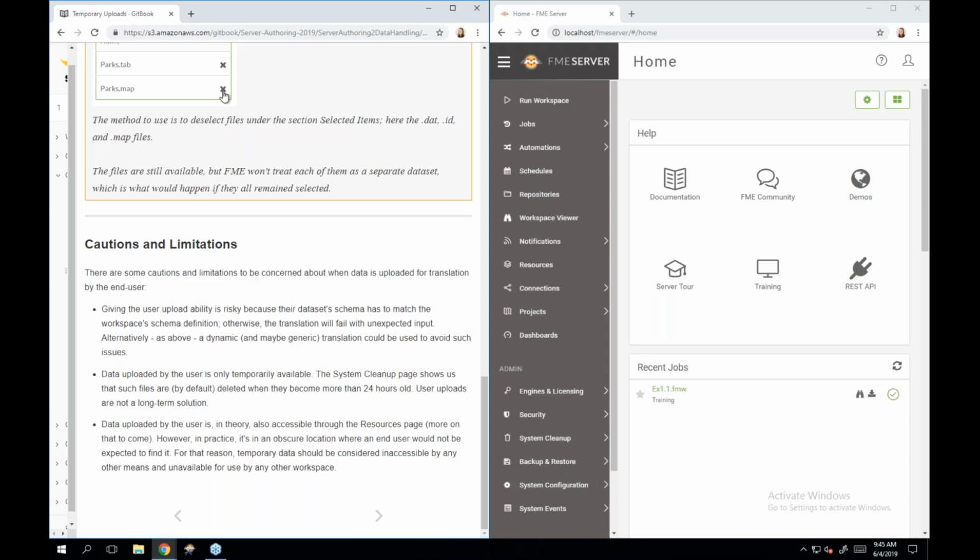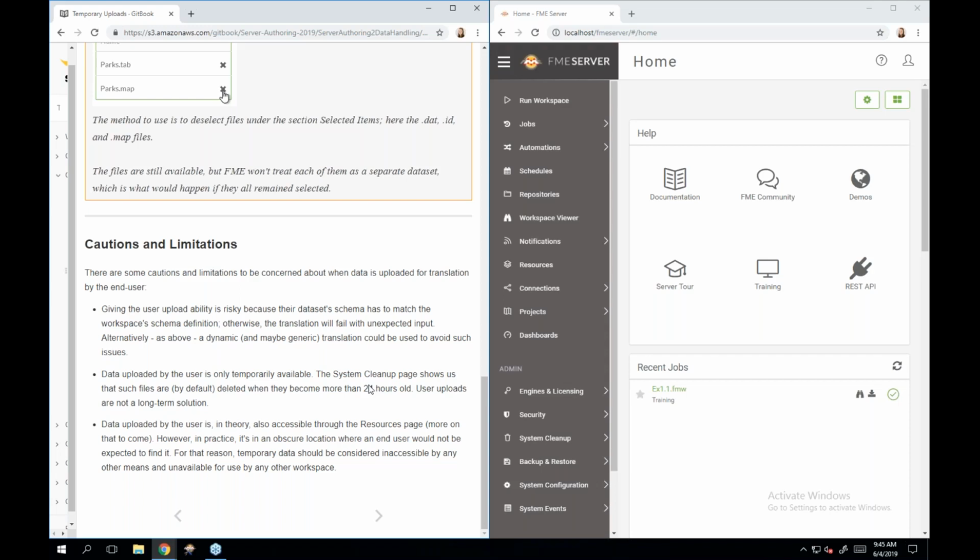Of course, you could design the workspace to be dynamic, such as the example given above, to try and avoid this situation, or you just need to make sure that the end users you're giving access to are aware of the expected format input